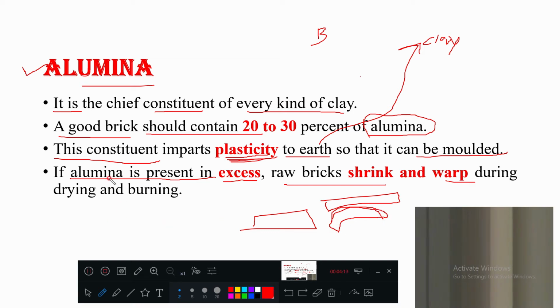So if alumina is present in a higher percentage, it will give shrinkage and warping during the drying or burning process. These are the procedures which happen in the manufacturing of bricks. So alumina 20 to 30% gives plasticity; in excess, shrinkage and warping will be there.